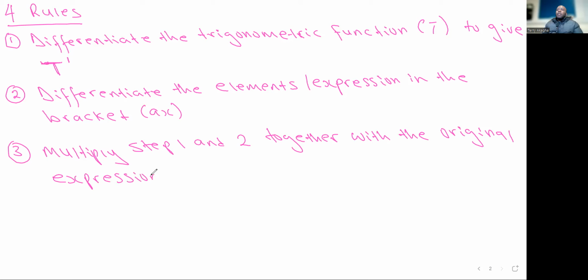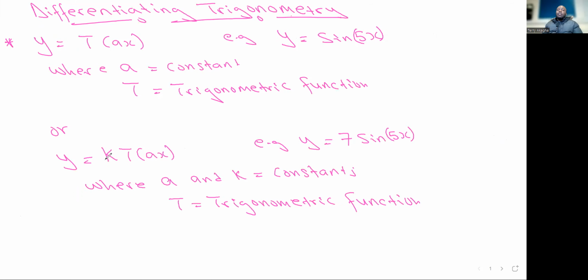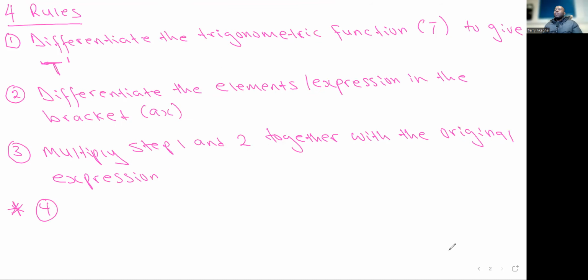Now, step 4 only occurs when you have a k, all right? So if you have k, that's where you go to step 4. But if there is no k, you stop at step 3. So for step 4, if there is a constant before the trigonometric function,